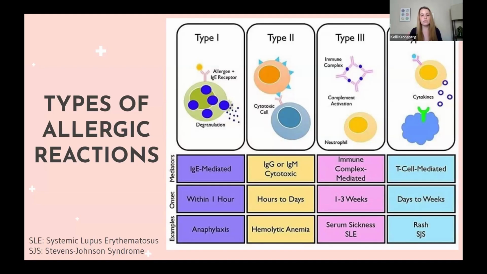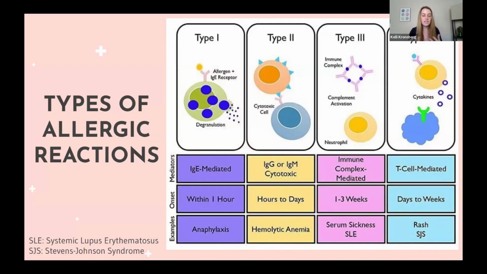kidney injury. For type 3 allergic reactions, this one also takes a little bit longer to occur compared to type 1. And in this scenario, those immune globulins aren't attached to a cell, but they still form a complex with the allergen, in our case, the drug or beta-lactam, and they float throughout the bloodstream and deposit in certain areas, and that's where they cause the reaction. So it can deposit in the blood vessels and cause a vasculitis or serum sickness. It can deposit in the joints and cause a joint pain or arthritis, or arthralgia would be another term for that. Or it can deposit in the kidneys and cause a kidney injury, again, a slightly different mechanism compared to